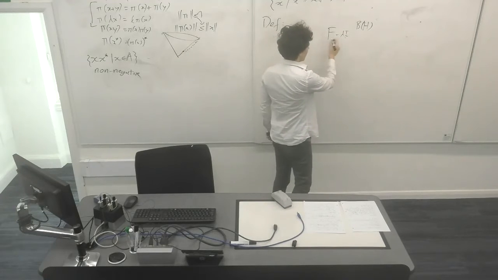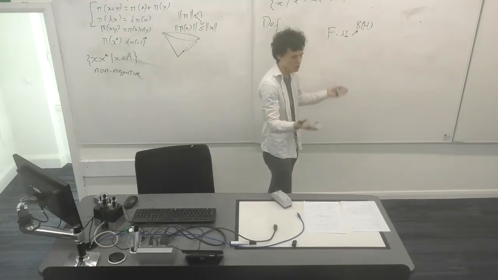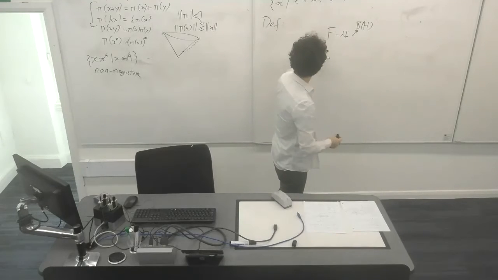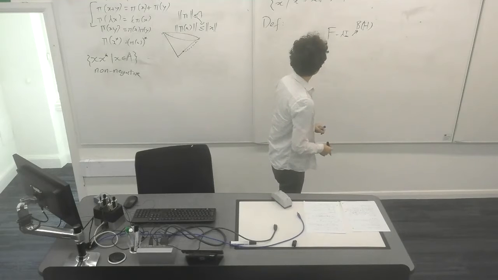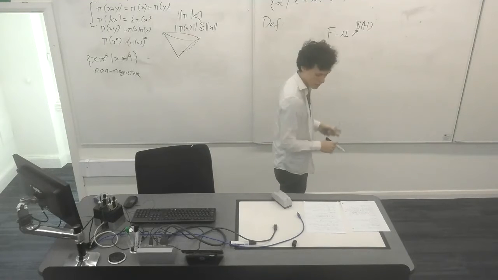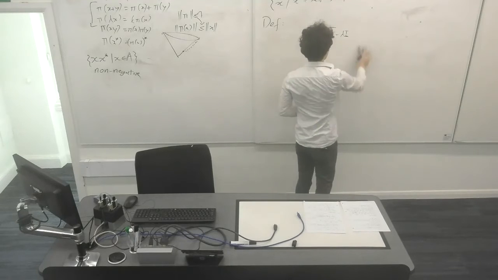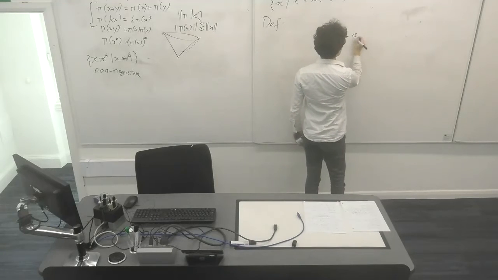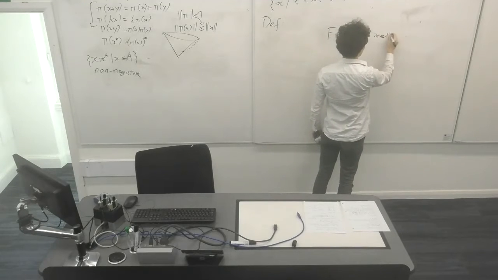F minus lambda I is also a bounded thing, pretty easy to say, because it's closed under vector operations. F minus lambda I is an operator, and when this operator is not invertible,